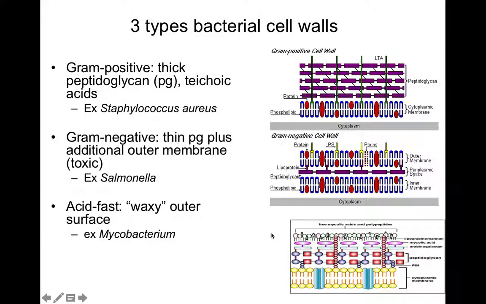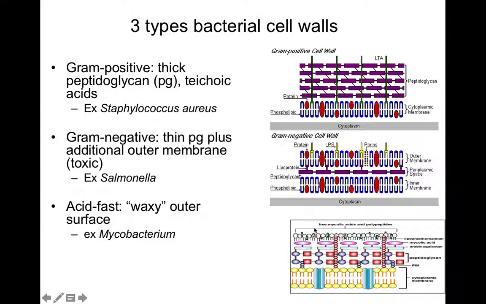And this outer waxy layer then creates a hydrophobic, protective barrier, almost like a raincoat, right? So it's going to inhibit diffusion of water-soluble antibiotics, water-soluble dyes and stains, and water-soluble hydrophilic antiseptics and